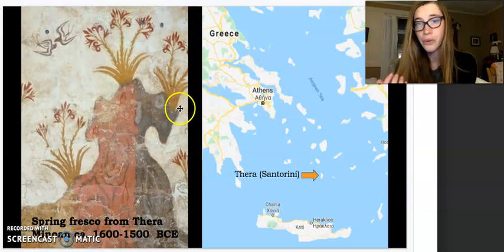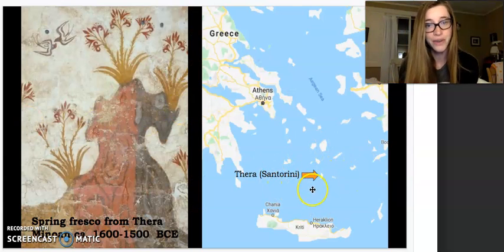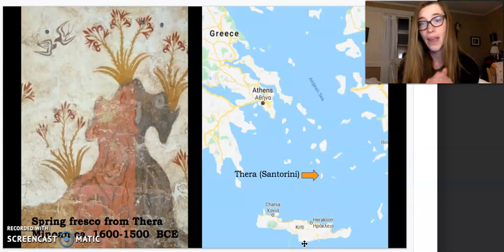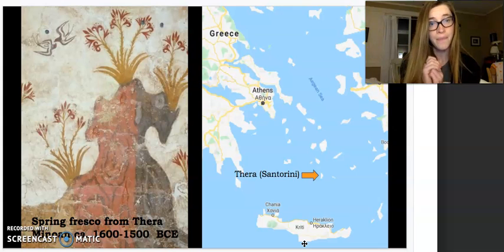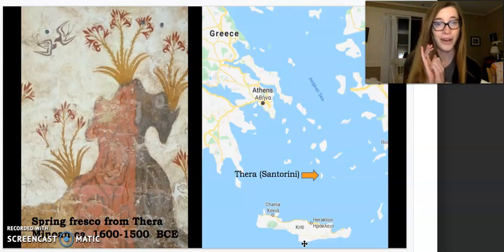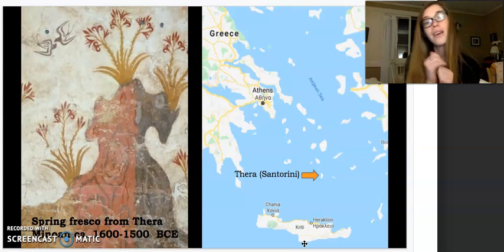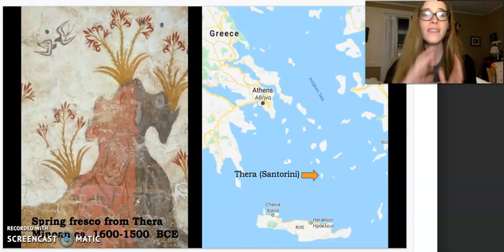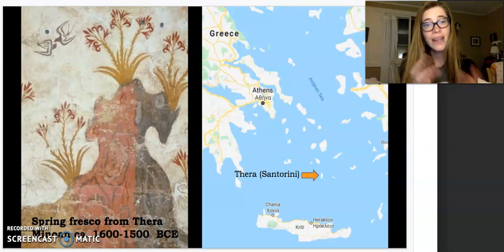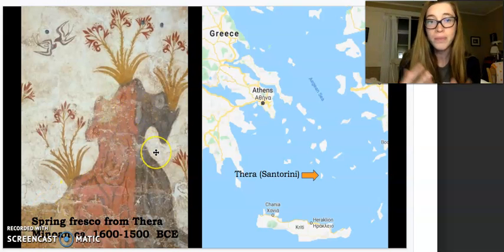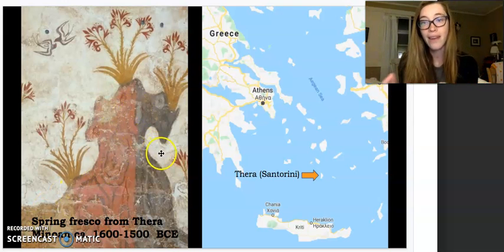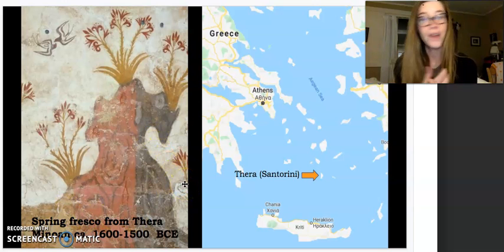So just a little reminder, here we have Thera, also known as Santorini, a little bit north of Crete, where Knossos is. And Thera is the volcanic island that suffered a very large eruption, and everything on the island was destroyed in that eruption in about 1500 BCE. And so as we've seen in other pieces of Minoan art in the past, here the landscape is very organic. We have these asymmetrical forms, a real attention also to the way that patterns show up in